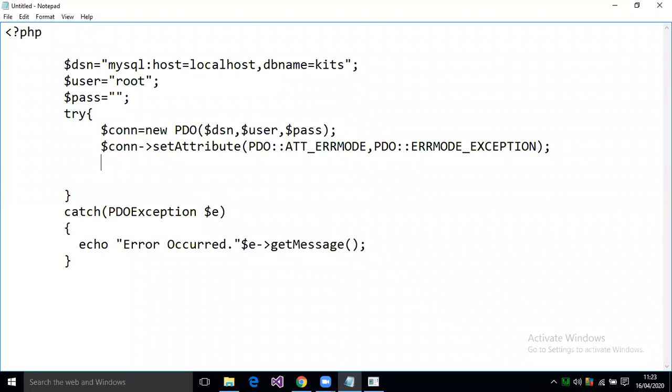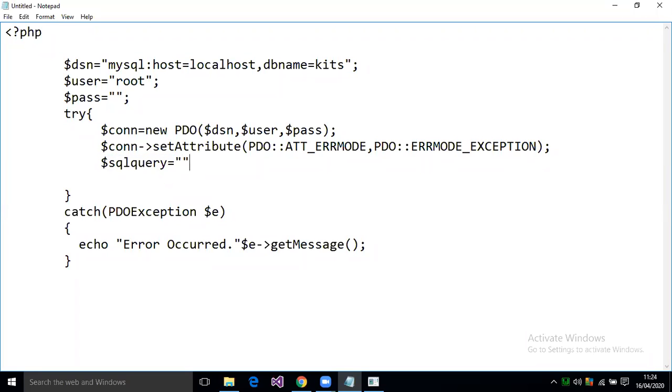Once the connection is opened, you can perform queries. Suppose I want to execute a query. Let us write a SQL query. This is a variable; whenever I write dollar, this is just a variable.